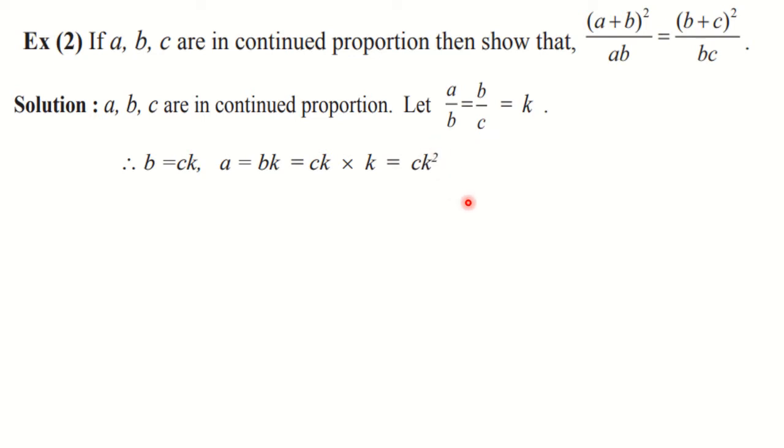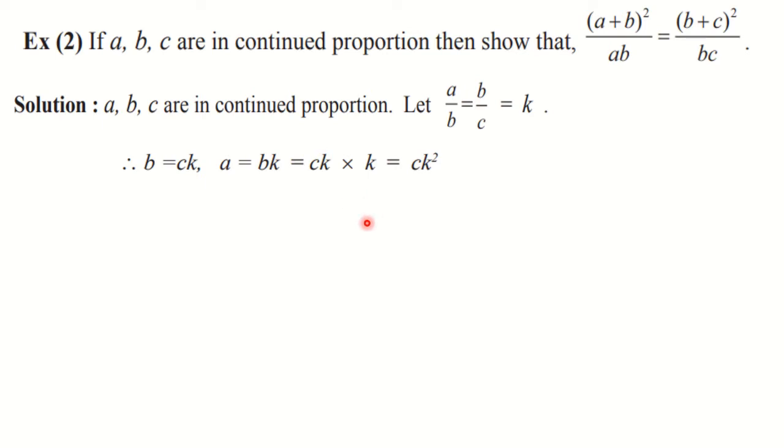If you can recall the previous example, we were having A is equal to BK and C is equal to DK. Their square was not there. But since here it's a continued proportion and we can substitute here the new values, we get as what? CK and CK square. We want the same form, so we have replaced this. Okay, so you cannot write BK in place of A. You should write CK square. Then and then only you are going to get LHS is equal to RHS. Okay, so you take care of that in case of continued proportion.